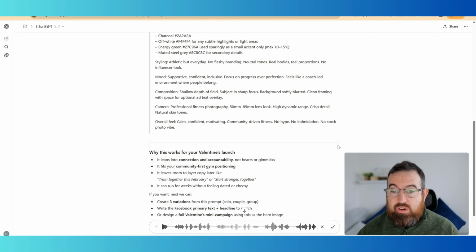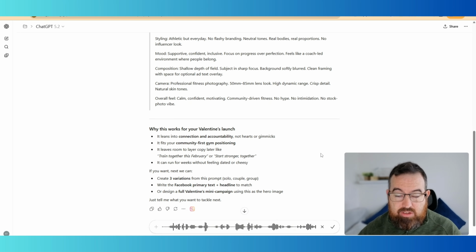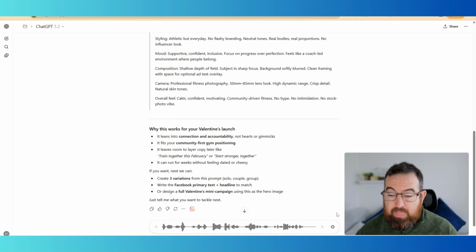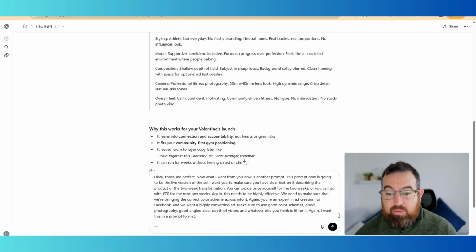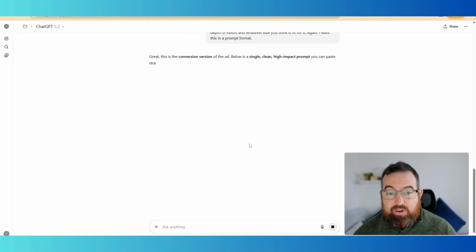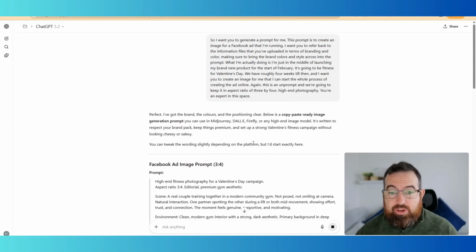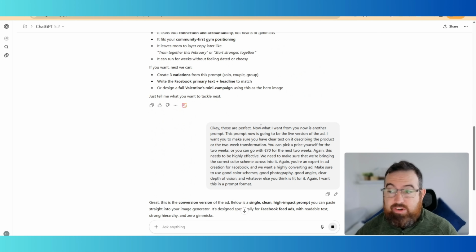Make sure to use good color schemes, good photography, good angles, clear depth of vision, and whatever else you think is fit for it. Again, I want this in a prompt format. Now, I do always mention that to it, to give it to me in a prompt format, because now with AI, what tends to happen is it could actually go and create the image for you, and for this purpose, we're not doing this. Now, what you can always do here in this entire chat that we have is you